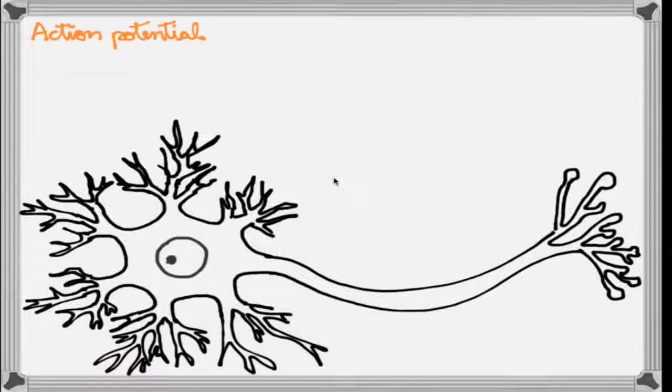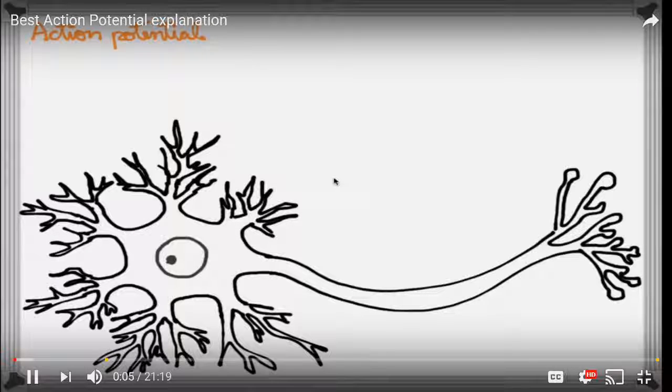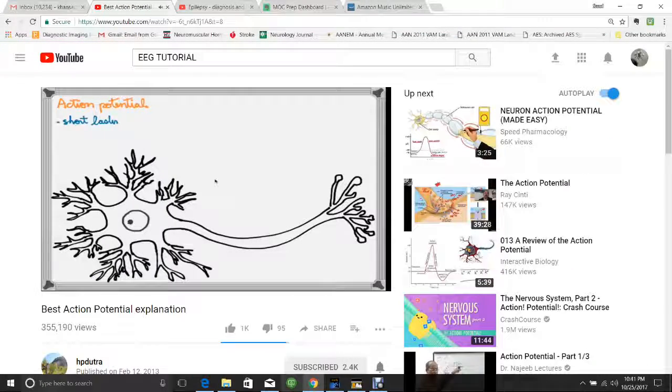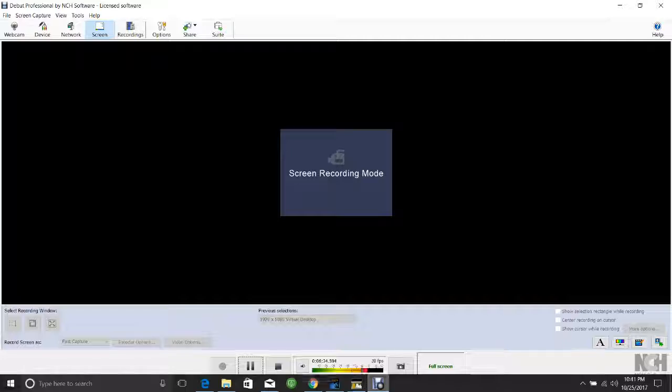Alright, let's see if we can cover the topic known as action potentials. So what are action potentials? Action potentials can be loosely defined as a short-lasting electrical event